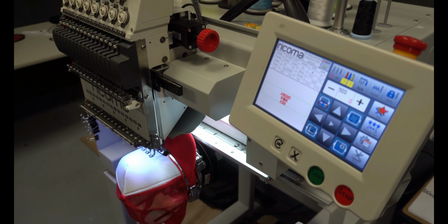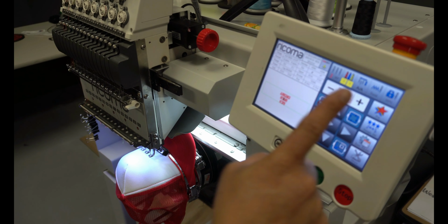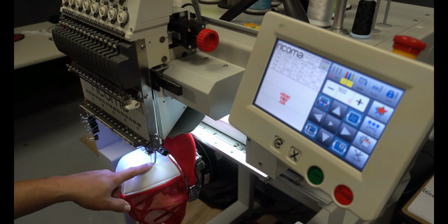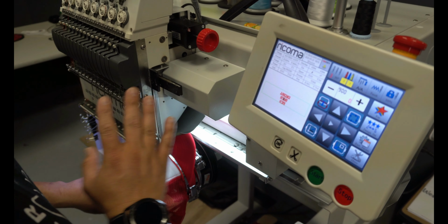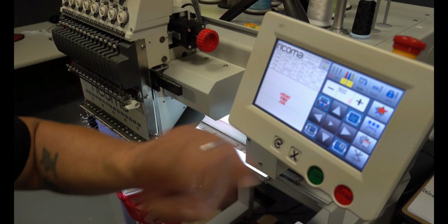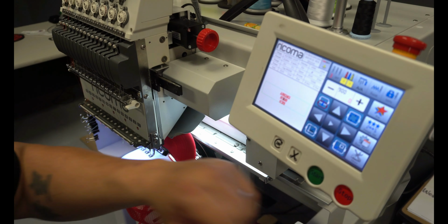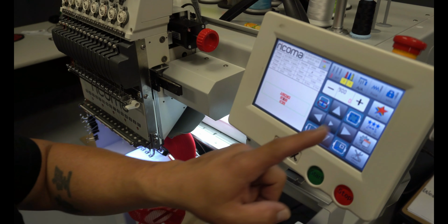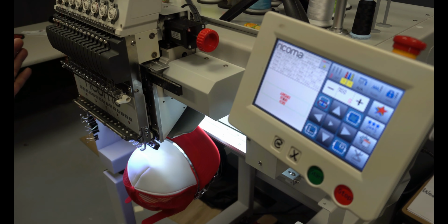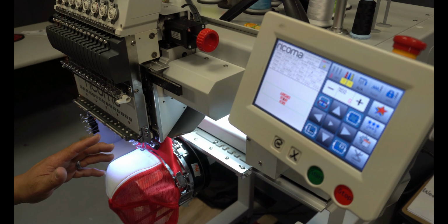Alright, so the next thing we're going to do is we're going to trace our image. Right? Whenever we hit trace, we don't want to hold this needle down and hit trace. If you do that, you're going to hear an ugly, ugly grinding sound. So don't do that. Leave it alone, hit trace, and let it trace first before you mess with this. So hit this, hit OK, let it move into place, do its trace,